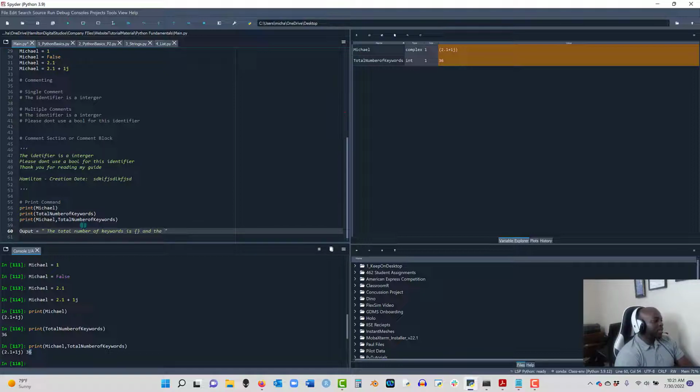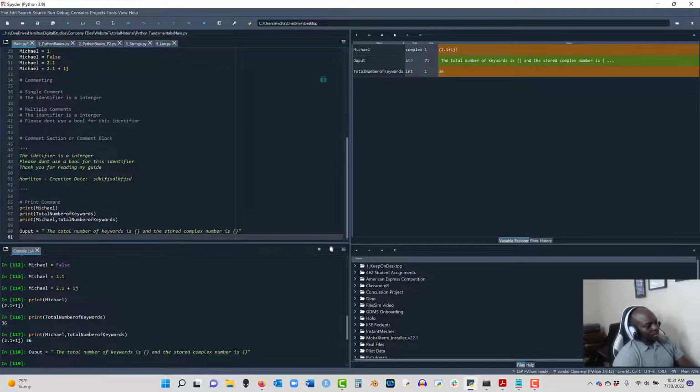My name. What is my name? And the stored complex number is, and then I'm gonna do squirrely brackets again. Okay. So with shift enter, that creates this string. Because I have this string created, print has what they call a format